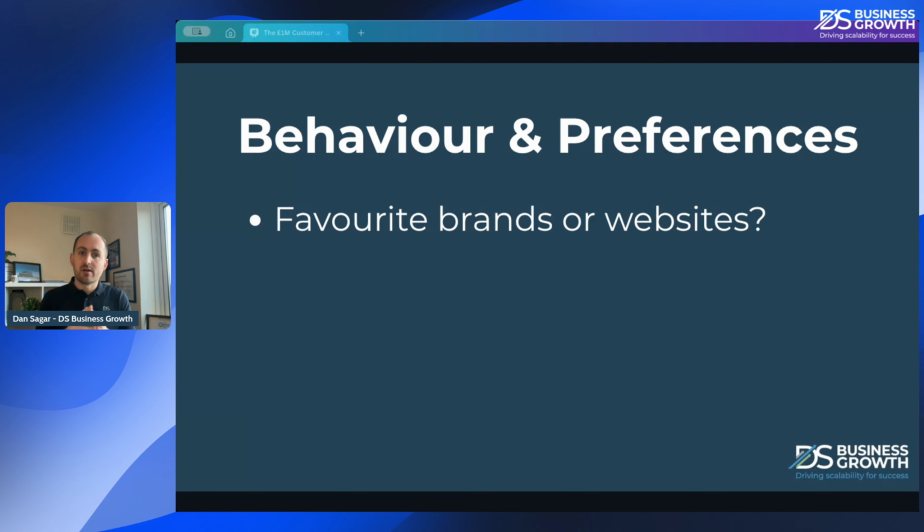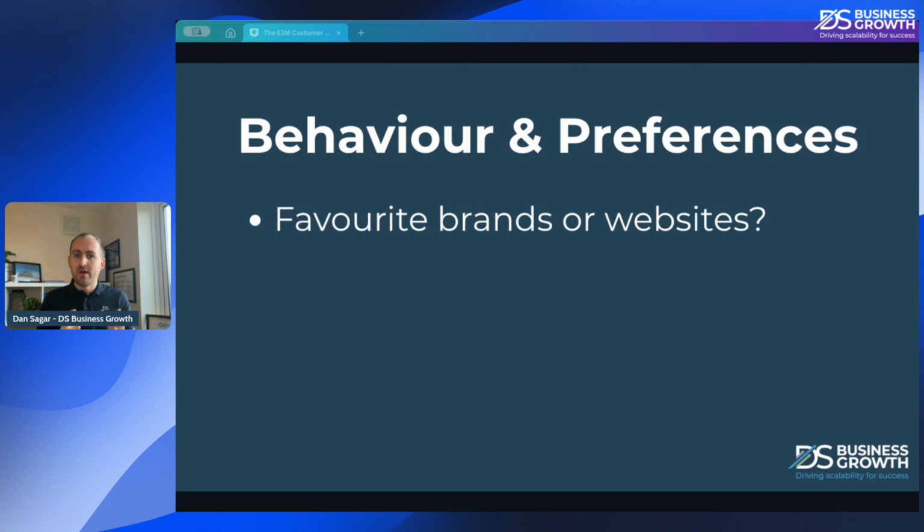And I put brands here again because that helps us start to think where people might start to identify. Okay, we've got the kind of famous Apple, Microsoft rivalry. Your clients might prefer one or the other. It might not make any difference at all, but in some situations it might make a difference. And then you can start to lean into that perhaps. And start to think about these things. Again, our trades examples, they might forever be on the Screwfix website or the Toolstation website, ordering bits and bobs. And if they are spending time on those websites, again, it can help us to think a little bit more about what their day to day might look like.